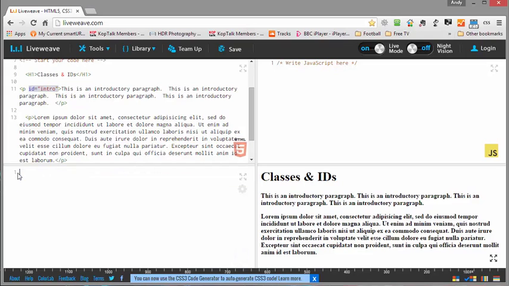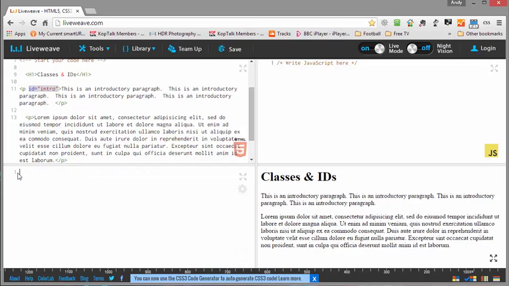But there's no CSS yet for this particular ID. So we need to declare the CSS for this. In the CSS, to declare an ID, we start with a hashtag. And then we type the name of the ID. So this is hashtag intro, and let's create the declaration block. What we can do now is add our formatting to the declaration block. Now this paragraph, which is ID intro, is bold because the CSS says